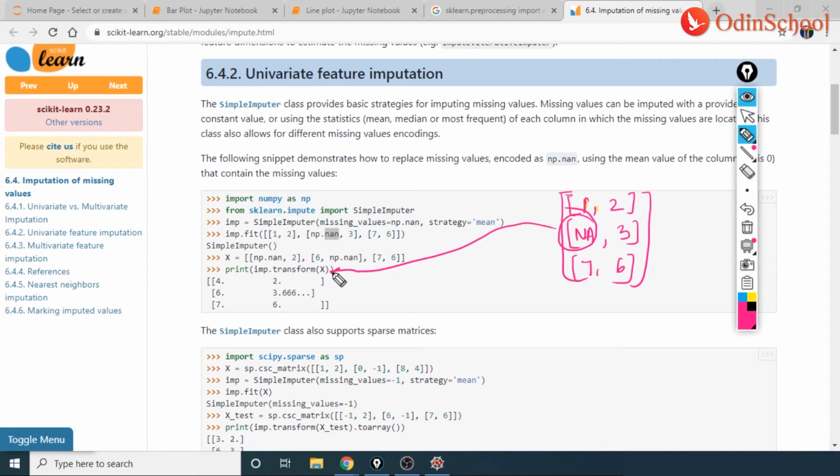This value is being replaced using fit and transform, and even before that the strategy is mean. So we are trying to convert the NaN value using mean here and replacing it with the actual. And what is the actual? The actual is a 0.